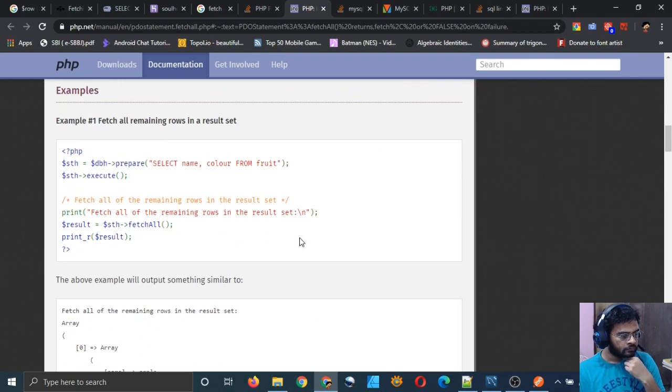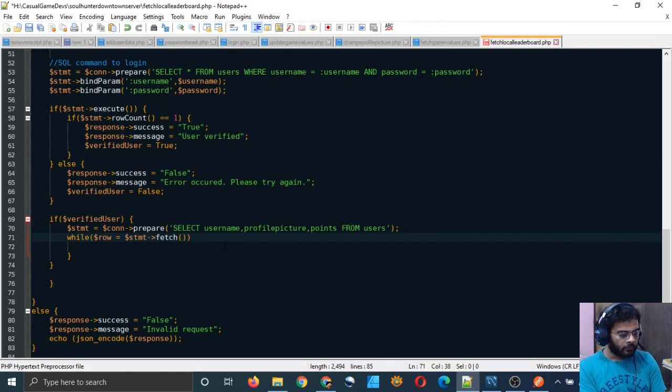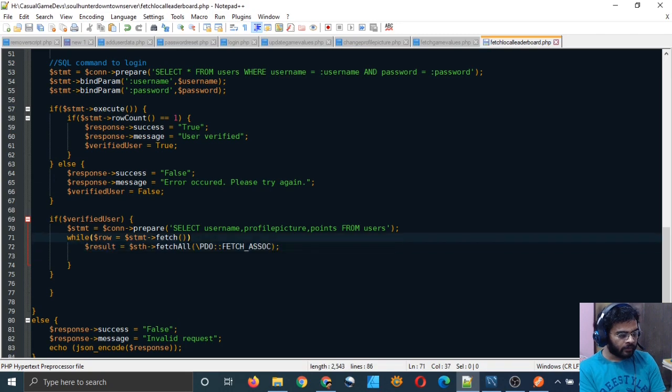First of all, let me paste that, and I will just type whatever is written there.